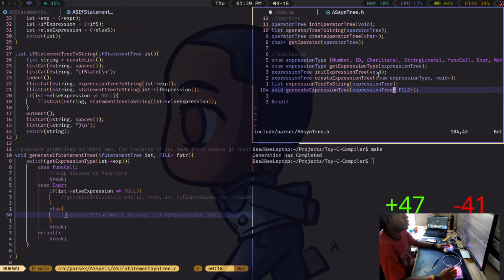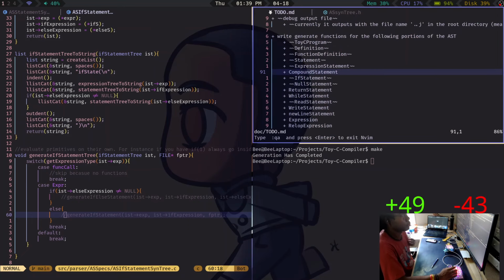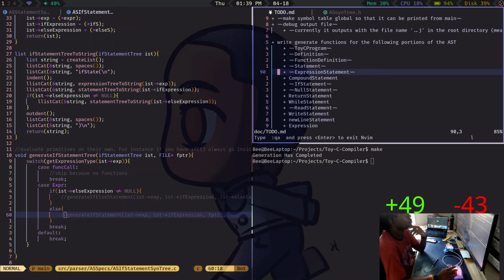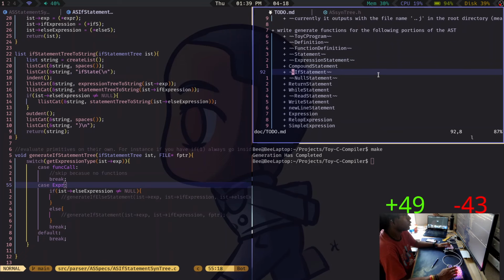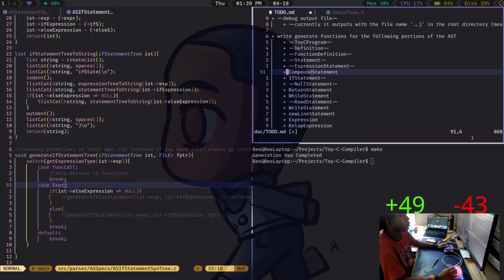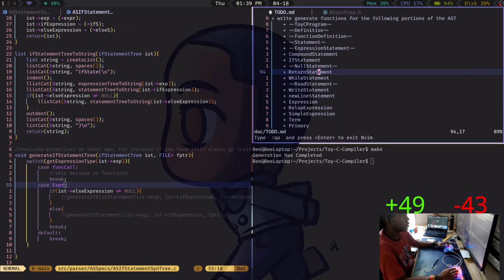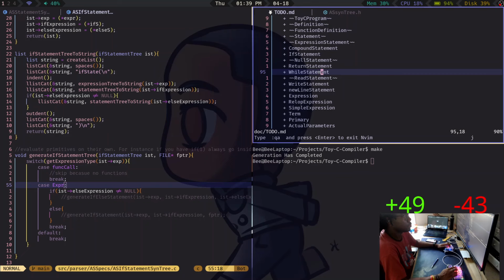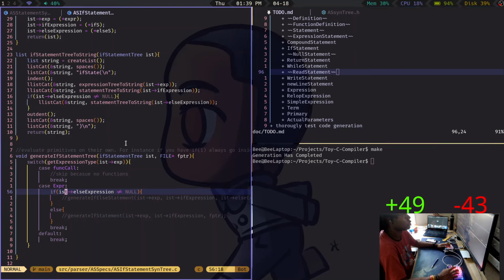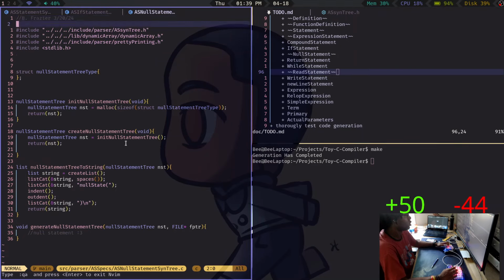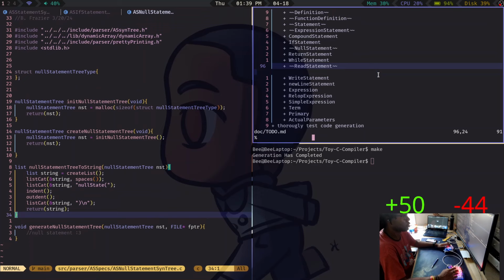Alright, cool. What do I have to test right now? I don't think I finished the experiment. Well, technically I did, but not really. Actually, is there a specific thing in null statements?